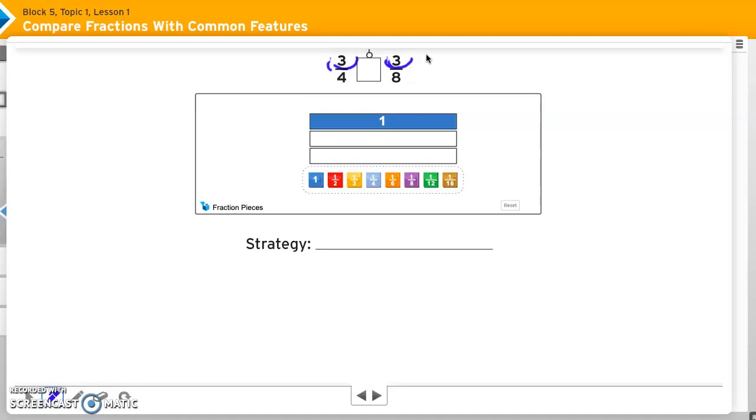If I take that cake and cut it into 4 equal pieces, or I cut it into 8 equal pieces, how are those sizes going to compare? Well, if I cut it into 4 pieces, those are much larger pieces. I can have 3 bigger pieces or 3 smaller pieces. And I know that 3 bigger pieces would have to be greater than 3 smaller pieces. And we can check that